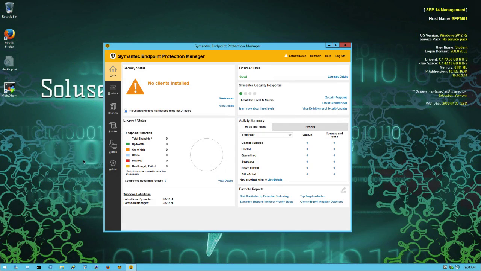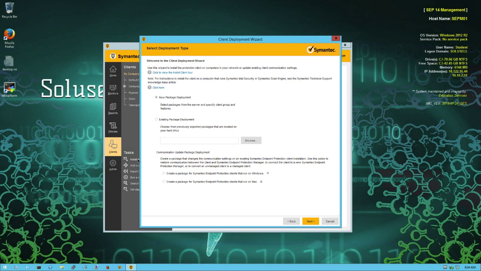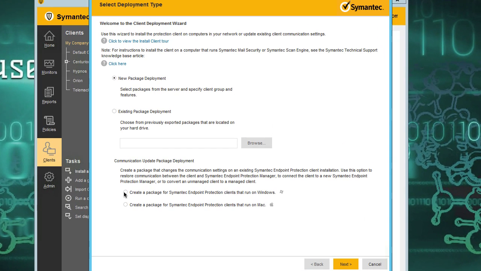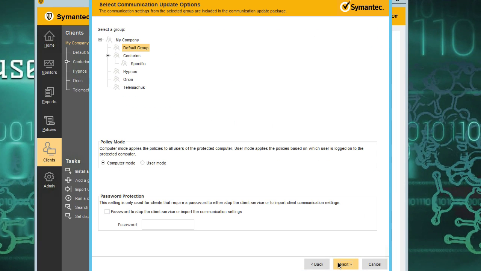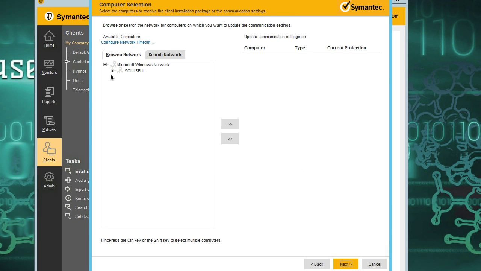We are now on SEPM01 and we're going to use the remote push option to get the first client managed. So we're just going to click install client. I'm going to create a package for Windows client. Next. We want the client to be attached and managed from the default group, and we're going to click next. Choosing remote push. Here we browse the network, so we can see we have our Solicel network, and we're going to select the first machine, which is